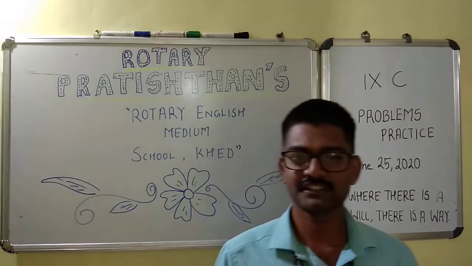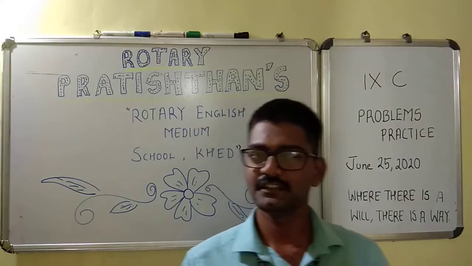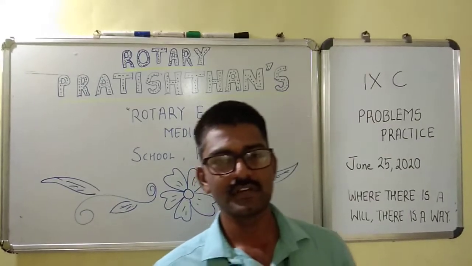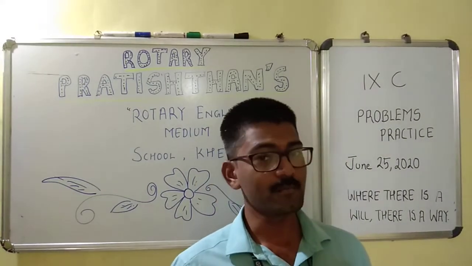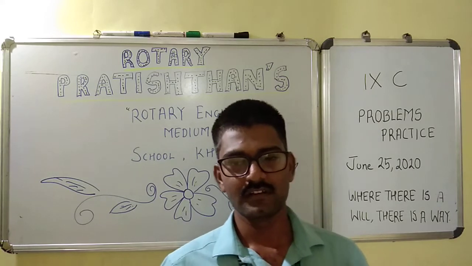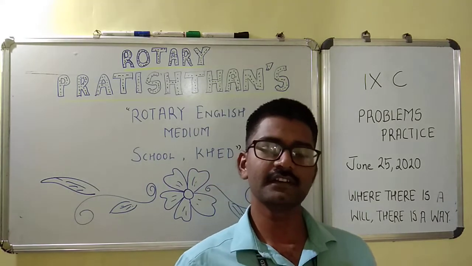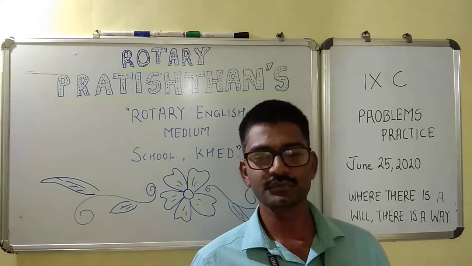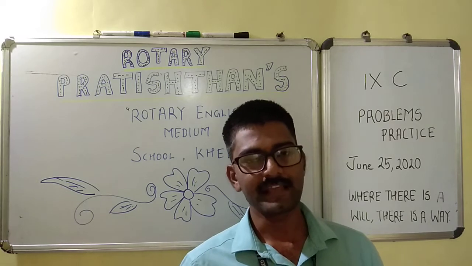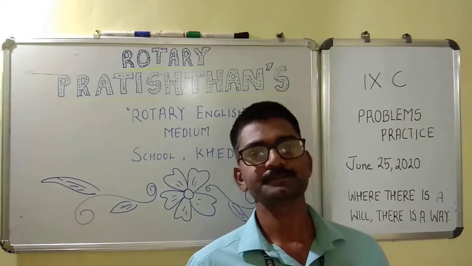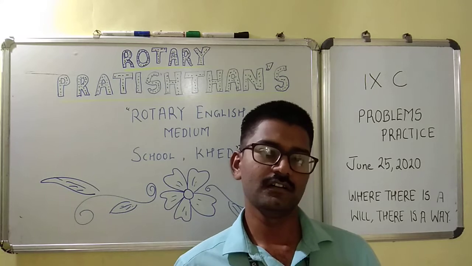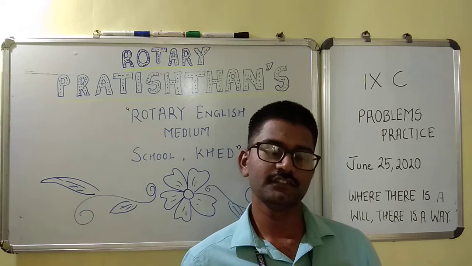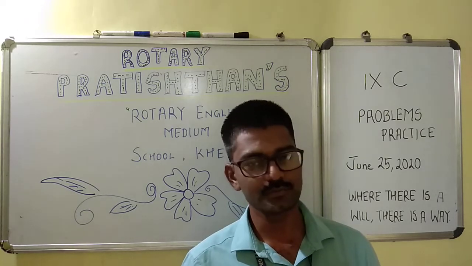Good morning, students. Today is the fifth lecture, and in this lecture we will continue with the problems from problem number 11. Till now, in the past lectures, we have understood how to use the values of small g at a height and at depth. Then we have also learned to use Kepler's laws, that is, T squared is directly proportional to r cubed.